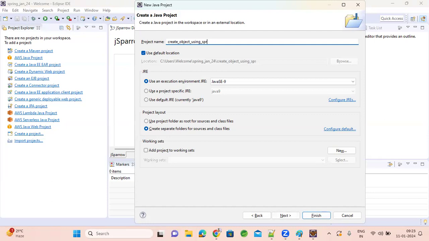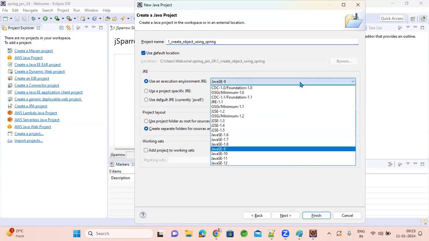Usually we don't put such a naming convention for a project. We put the application name, like student management system. If it is a student management system, SMS. If it is a banking credit card management system, CMS. Like that we put shorthand names. I'm creating it with a title, don't worry about it and you don't follow it. Just to maintain order, right? I'm creating it.